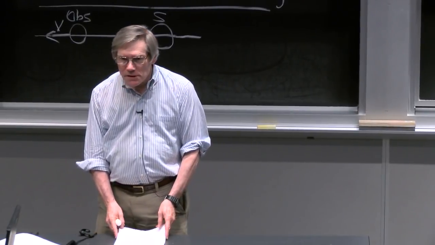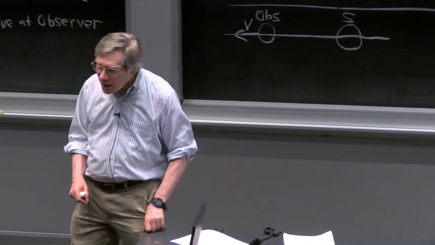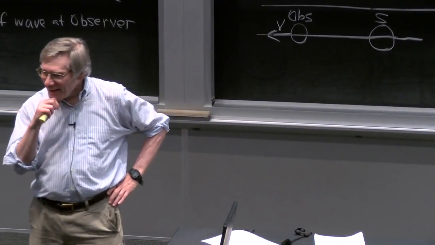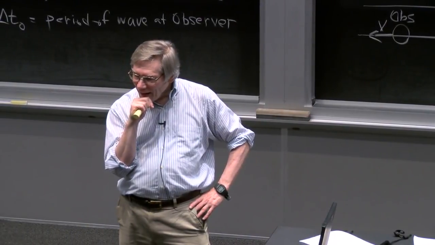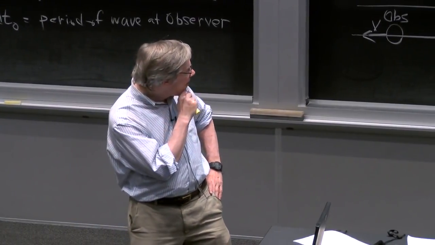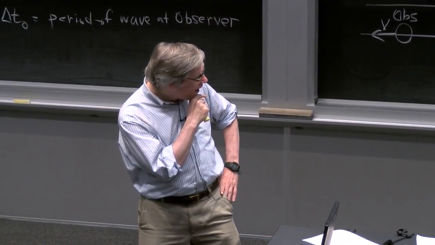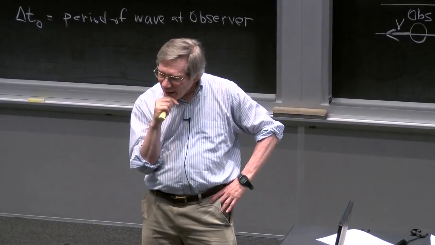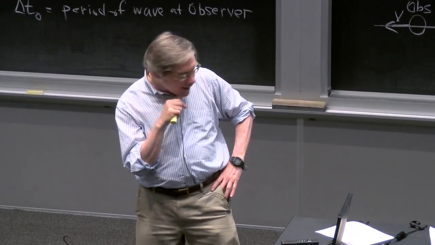Any other questions? Yes? This is not really a question, it's just kind of an observation. I just find it interesting that in the case if v is greater than u, this one is always positive, no problem. But if v is greater than u in the other case, then you somehow get a negative number. I just find that weird.